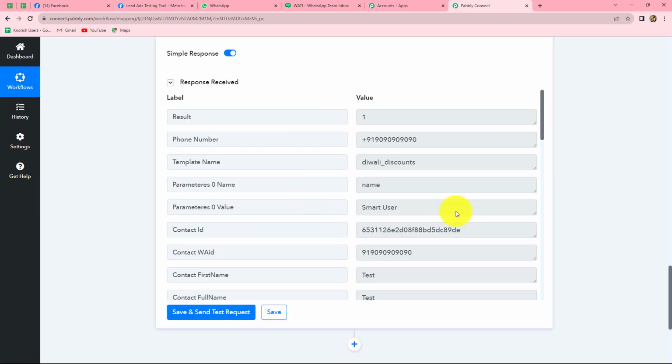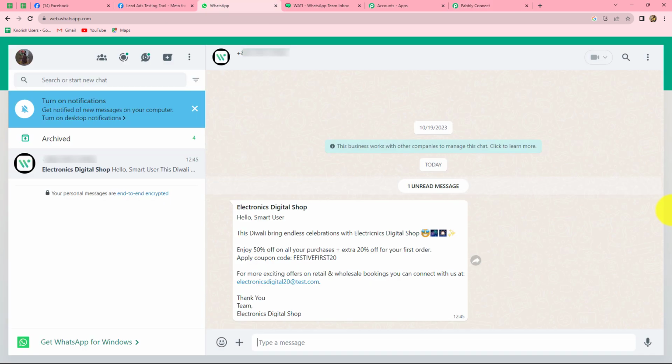And we can find that we have received the response here. So in the response, we have received the contact ID, which means our message is sent to the number which we have mapped. Okay, so let's go and check on WhatsApp whether a message is received there or not. And yes, we can find that here we have received the message from Electronics